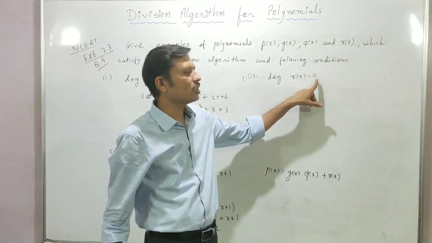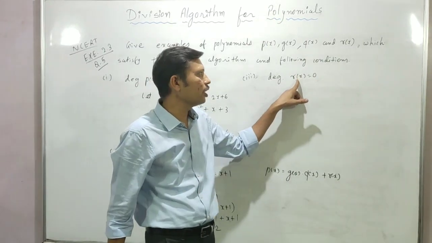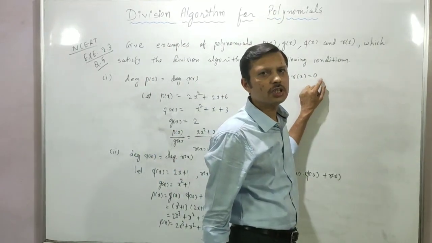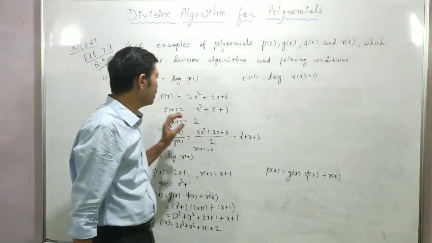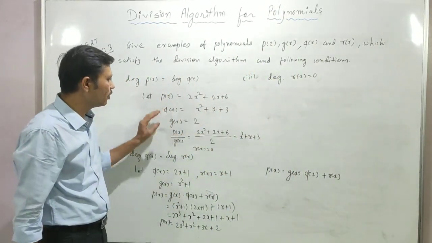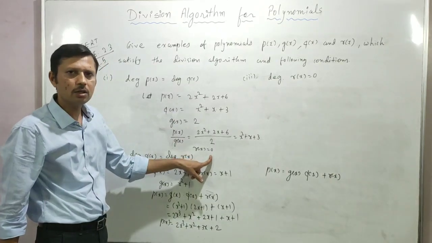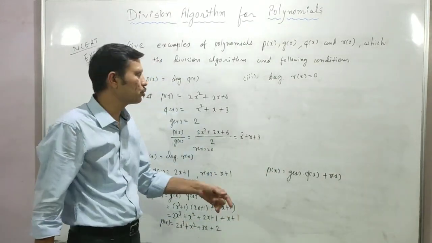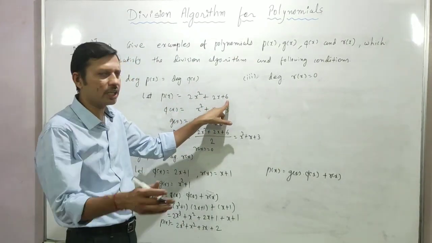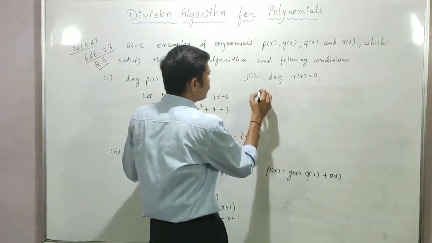नाउ थर्ड एग्जांपल, कंडीशन है डिग्री ऑफ r of x that is equal to 0, यानी कि जो रिमाइंडर है उसकी डिग्री क्या होनी चाहिए, 0, यानी कि मुझे कांस्टेंट नंबर आना चाहिए, राइट। अब उसके लिए यही एग्जांपल को रिपीट कर लेते हैं। यहां कंप्लीटली डिविजिबल है, रिमाइंडर क्या है 0, राइट, तो रिमाइंडर और कोई कांस्टेंट नंबर अदर देन 0 मिले, उसके लिए क्या करना होगा, सिर्फ पॉलिनोमियल में कोई एक्स्ट्रा नंबर ऐड करना है।